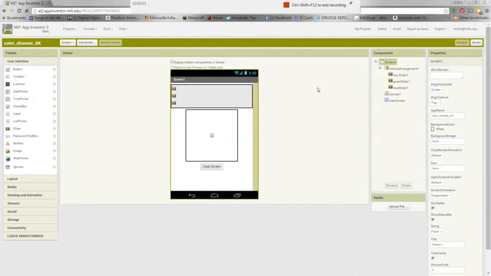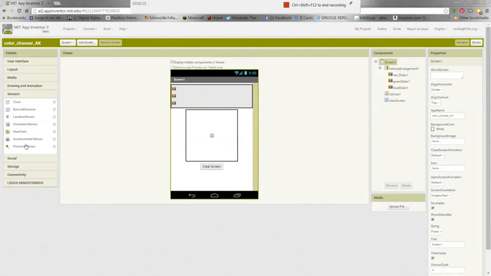This video shows how to add the accelerometer to adjust the background color of the screen in the color slider project. The first thing that is needed is to add an accelerometer designer component to the screen. Underneath Sensors on the left hand side, you can bring out the accelerometer sensor and just drop it anywhere on the